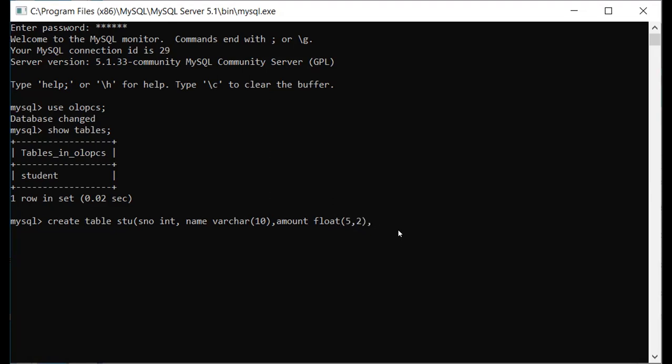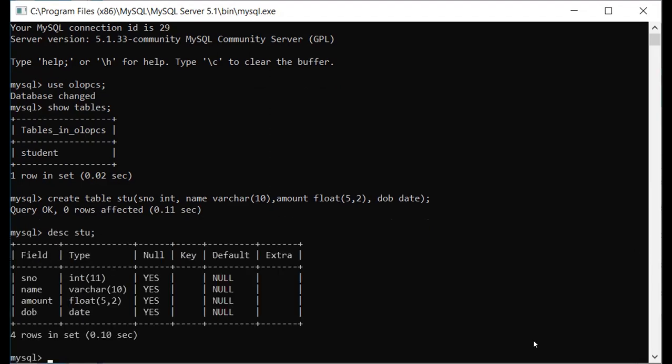And then I want to store somebody's date also. Suppose I want to store somebody's date of birth. So I'm writing DOB and the type will be date. So for you, 2 new types of information are, first float and second date. These are your 2 types. Fine. Now, if we see the description of this table, DESC STU, you can see it is showing integer 11 for serial number, and varchar 10 for name. We have already seen that in name varchar 10, we cannot give more than 10 bytes, otherwise MySQL will give me an error. And these 2 today we have to check.